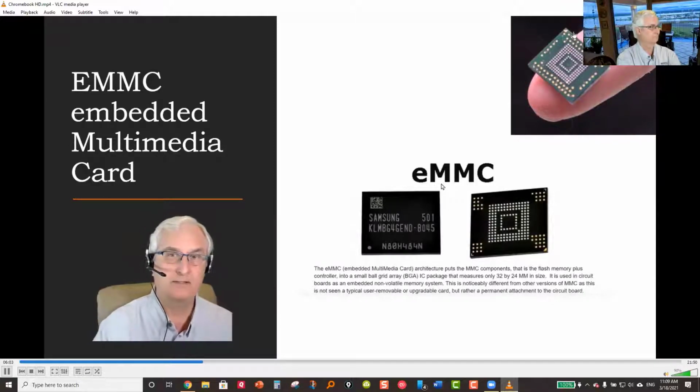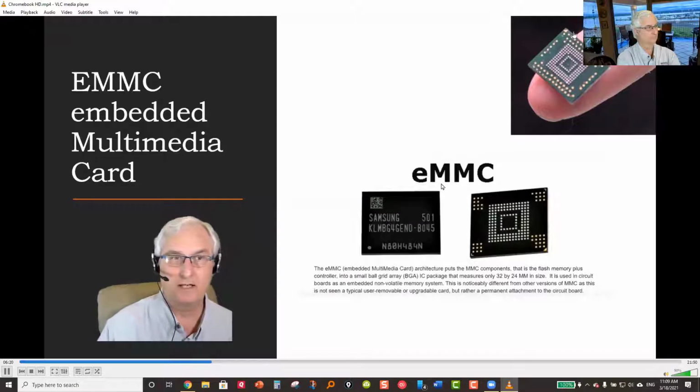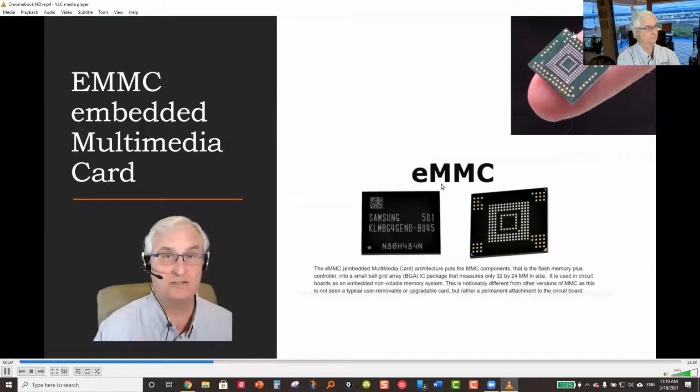And this is all put on this little chip and packaged down into about 32 by 24 millimeters in size. It's an itty-bitty little thing that fits on the end of your finger. And this is basically the hard drive that's in most of your Chromebooks. It's also the hard drive that's in most of your cell phones and tablets. And this is called